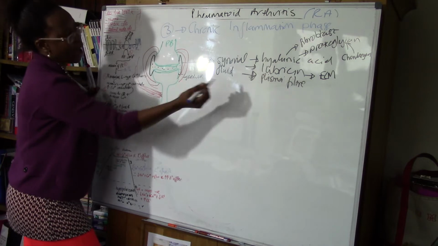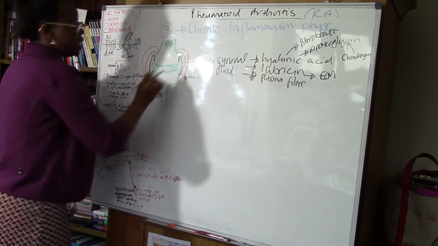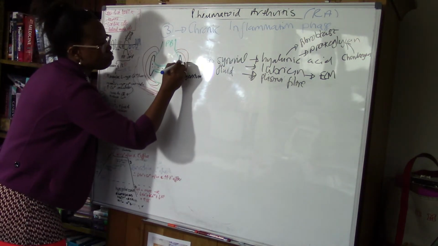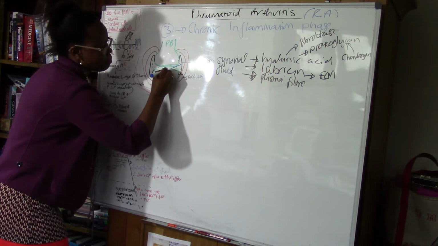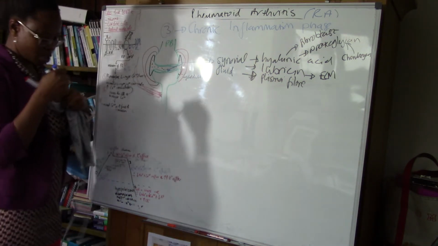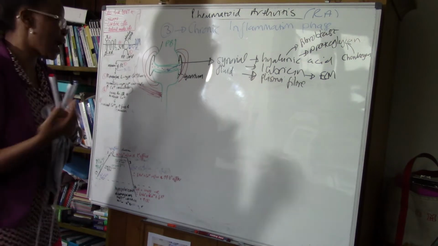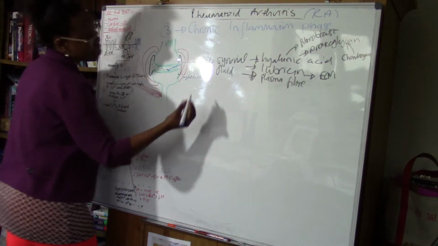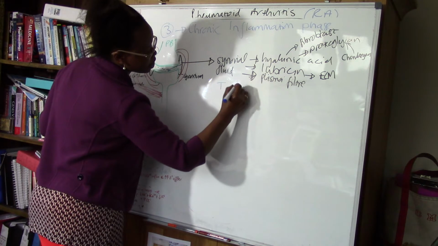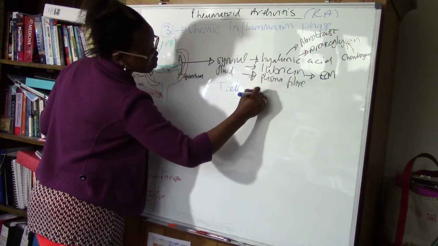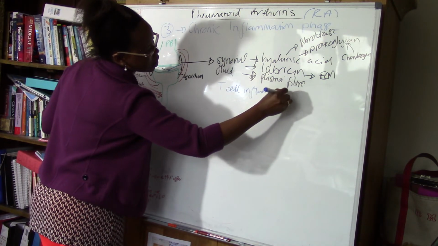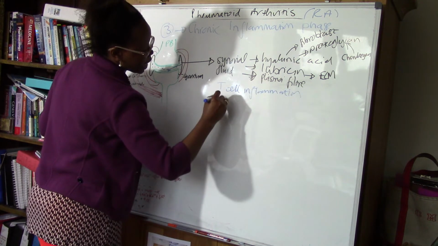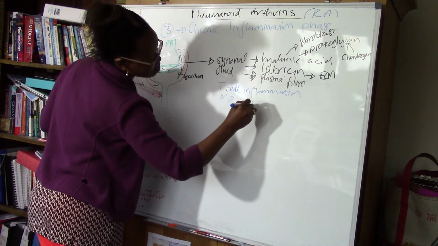So we'll have our inflammation starting at the synovium there, moving centrally into the bone. And the inflammation that occurs really is based on T cell inflammation,